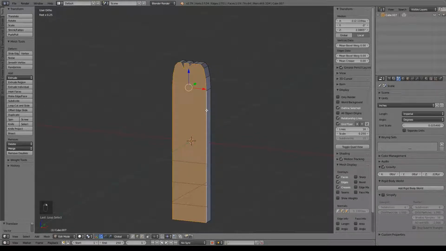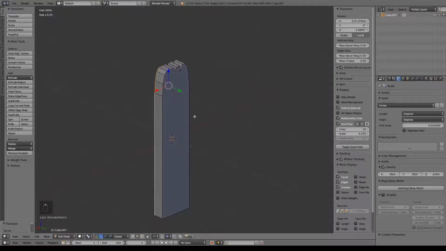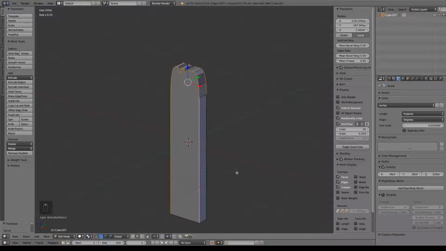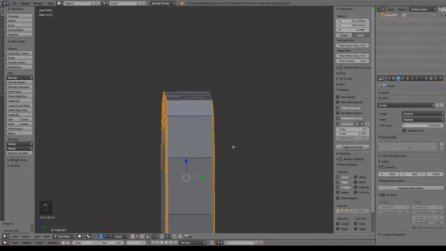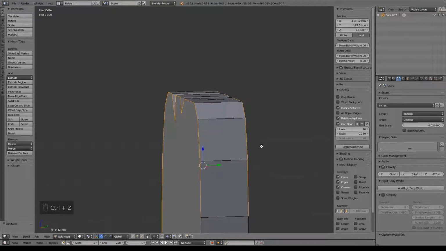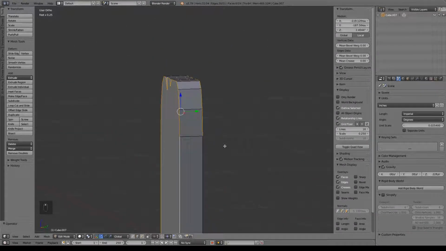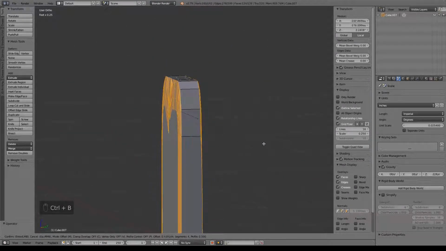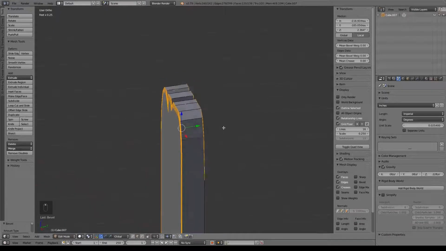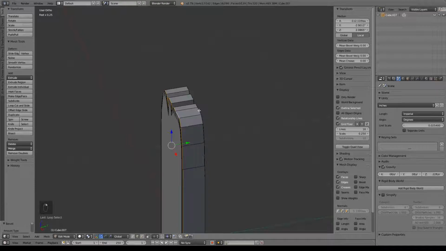And I'm also going to select this whole front edge, but deselect the bottom one. And I'm also going to select this whole part, but deselect these ones. And we're going to do Control B and add in another bevel. Now, it's not doing too much. Usually it does a little bit more. Maybe I have too much selected. But what we can do is just do that and then grab these